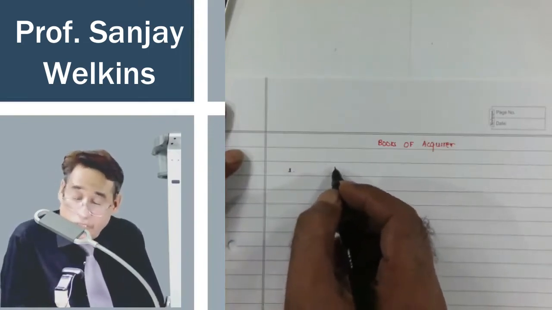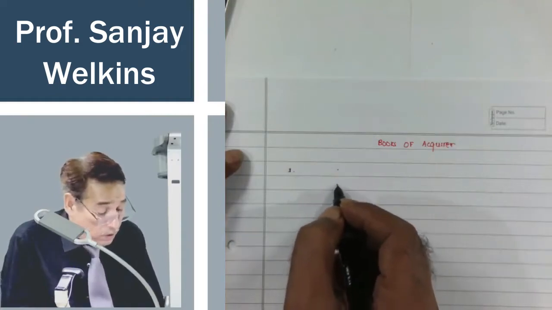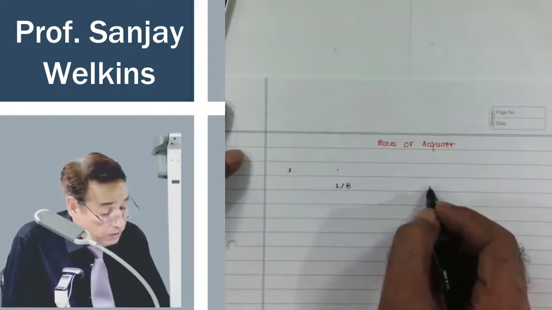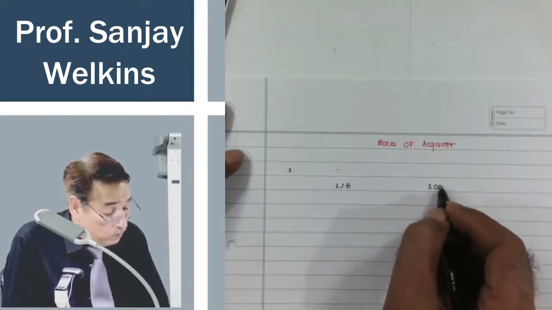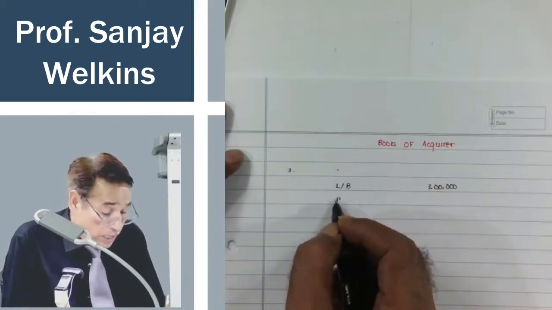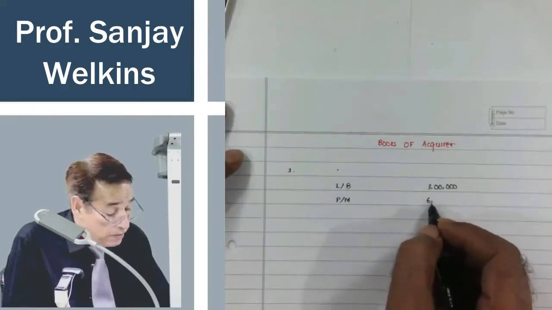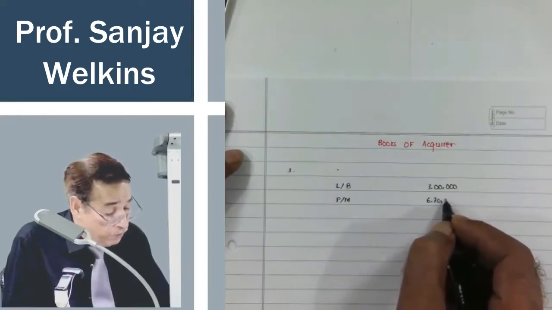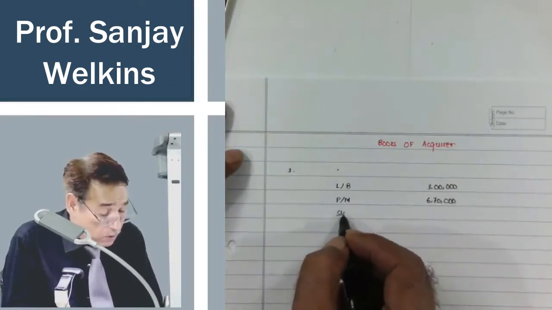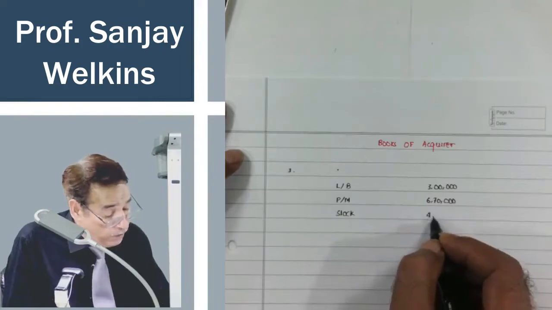we look into the balance sheet, there is land and building which we took over. Land and building account debit, that is 3 lakh. We are presuming that the book values are equal to fair value, 6,70,000, because no separate fair values are given. And then stock. Stock is 4,50,000.